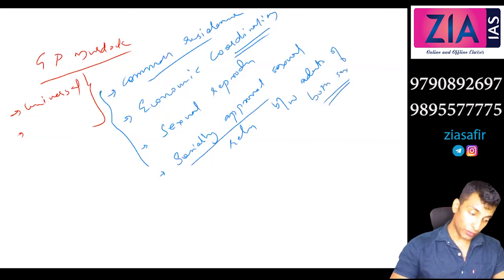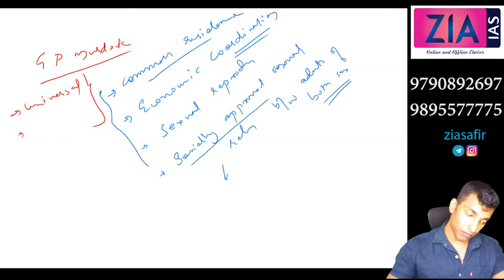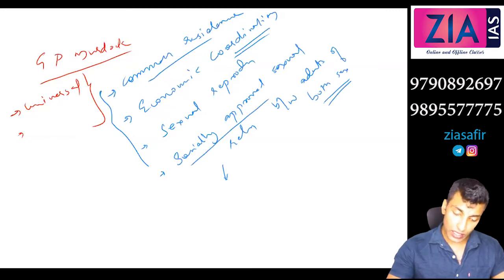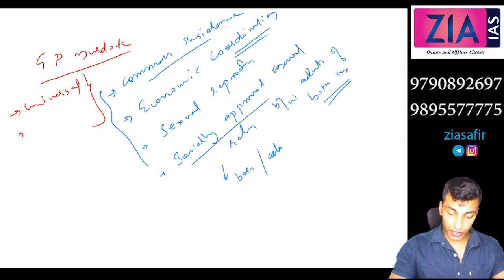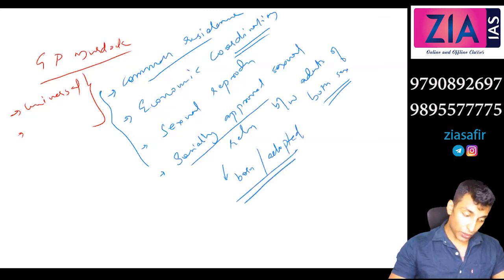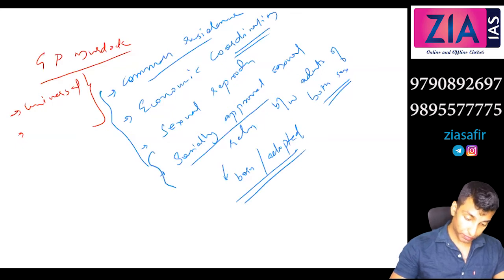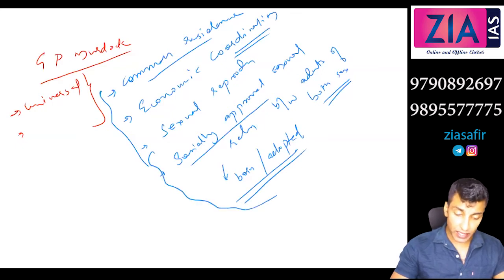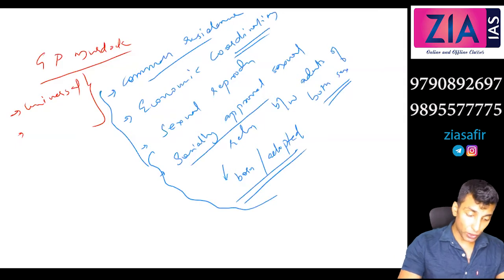Okay, so there will be children born to these adults, or the children may be adopted. So born or adopted. Okay, so these are universal, and exceptions may be there, and he highlighted the exceptions also,